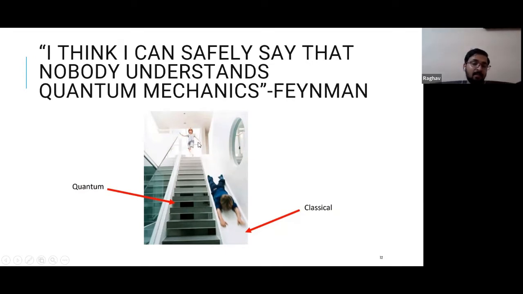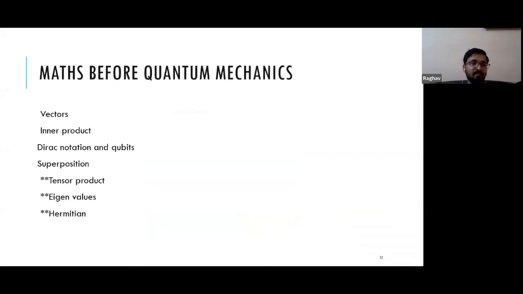Like in classical physics, we have systems which are continuous, but in quantum we have discrete systems. Or you can also interpret in a different sense that classical mechanics or classical physics is just an approximation of the real things, or quantum mechanical things. We will get to it later in the lecture.